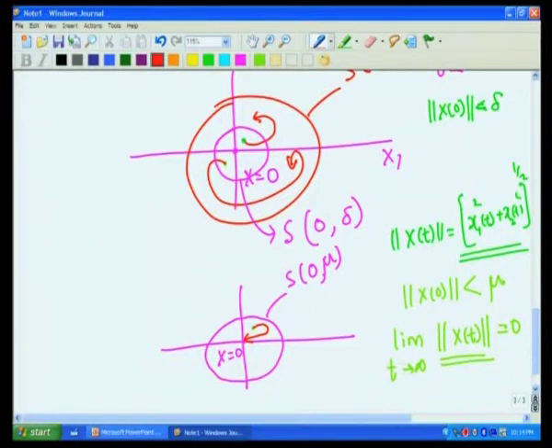The definition of stability alone said that for all such starting points, we remained in the close neighborhood of x equal to 0. The definition of an asymptotically attractive state says that for all such starting points, we actually go to the steady state x equal to 0 as time progresses.